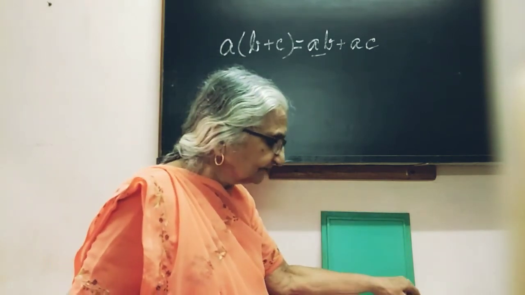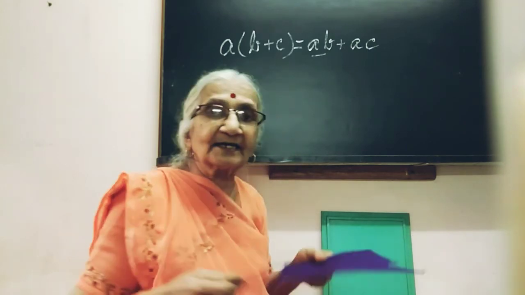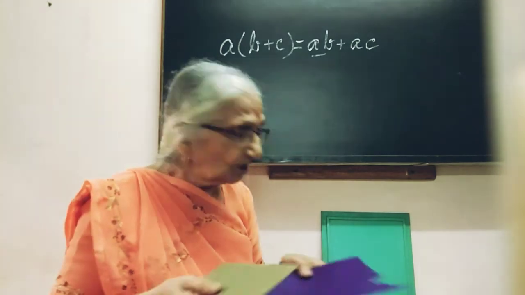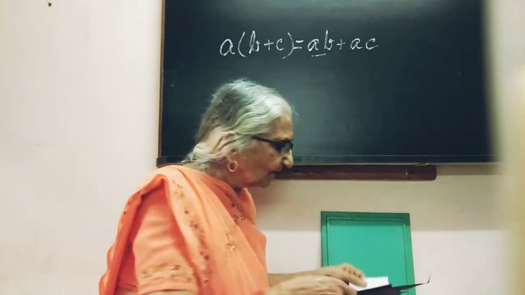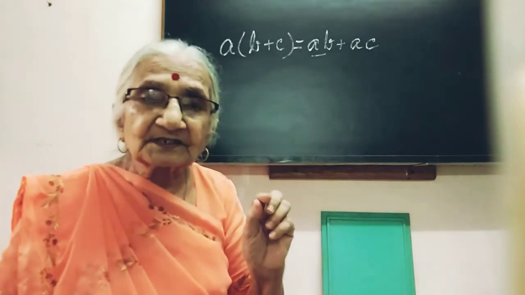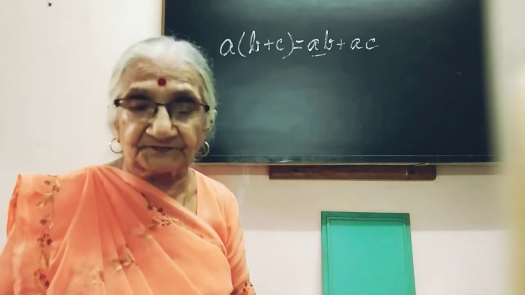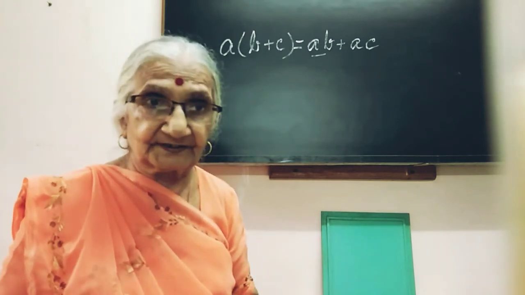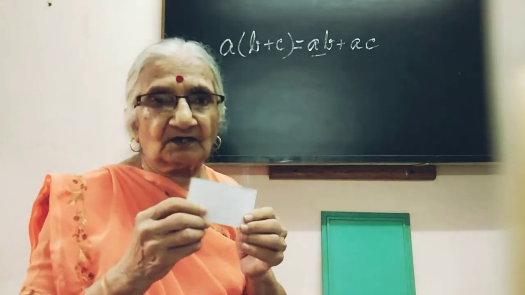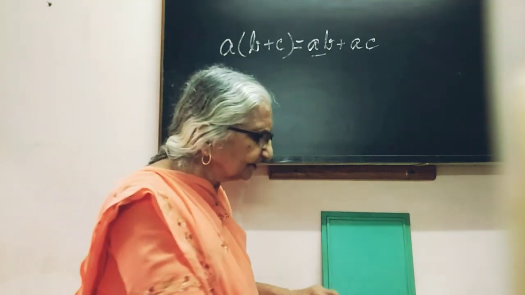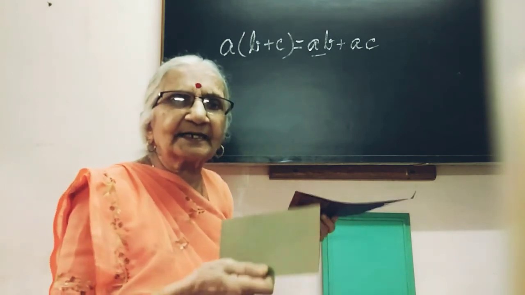A question may naturally arise that if we had ultimately to cut from the colored paper, why did we cut it on simple paper? Well, that was because on simple paper we may make some mistake in drawing the figure or while cutting the figure. So it's better to first have a format on our plain paper and then put it on the colored paper and get the colored model.